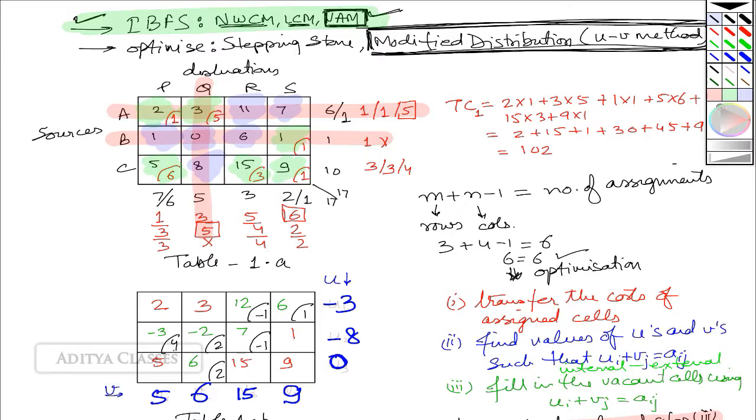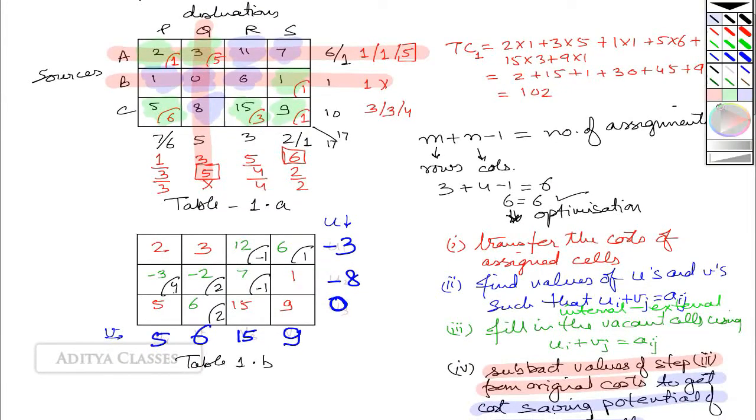We have an initial solution, but now we are trying to see if this is best or not. We are trying to optimize upon it. If it is not best, then we'll go ahead for a best solution. So, this empty cell has a potential of minus 1. This minus 1 tells me there is a cost saving potential of minus 1, while this cell has a plus 1, telling me that it has a cost potential of plus 1.